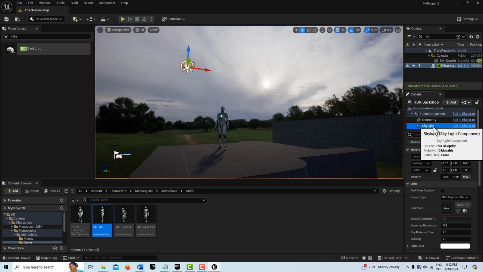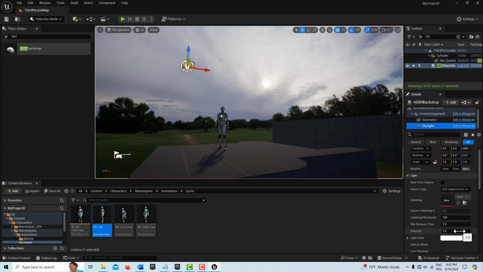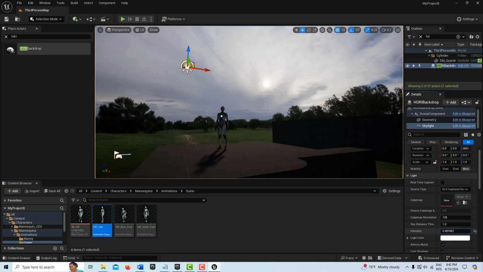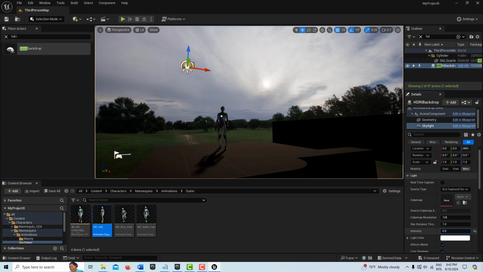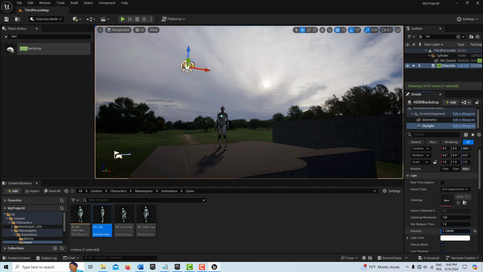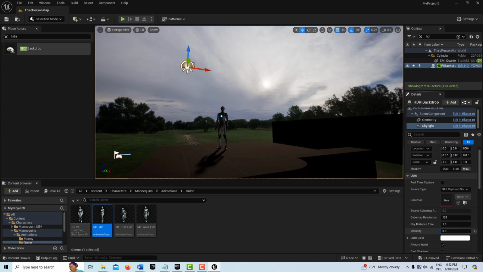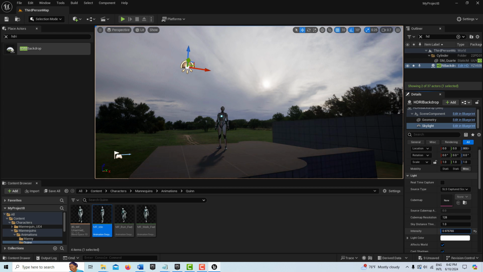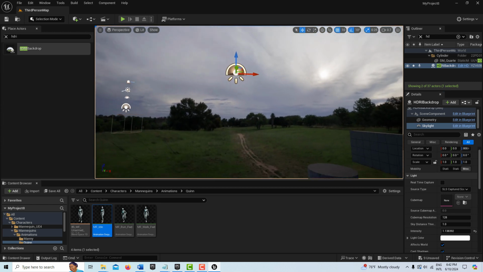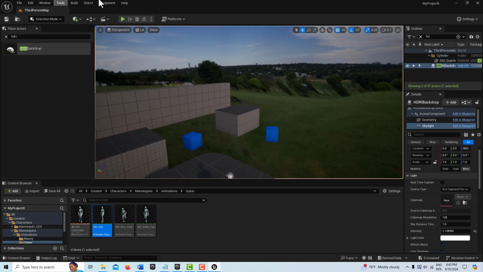Now here on the skylight, there's also another intensity setting here, and we can drop it even more, see? And that kind of affects it. So here you just have to play around with what you think looks right to you. It's completely up to you to play around with all these settings, and there's a ton of them. So if I hit play now,